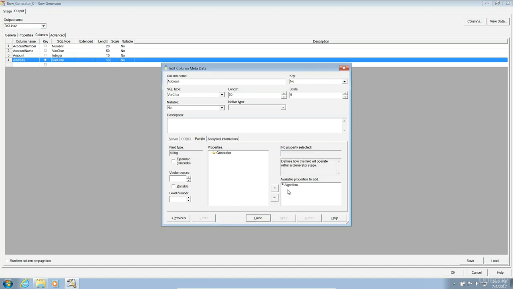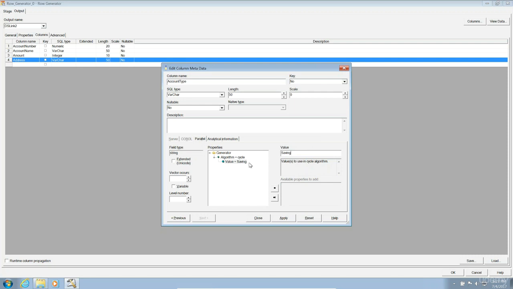Then the next is address, or let me change the name here to account type, because in address also we would need to have a different address. That means we again have to go back and see the random generation of the varchar type, which we are not looking forward to right now, because we have already used that in the account name section. We want to use the second algorithm that is available, which is nothing but cycle. So that is why we have used this account type, and I can provide values like